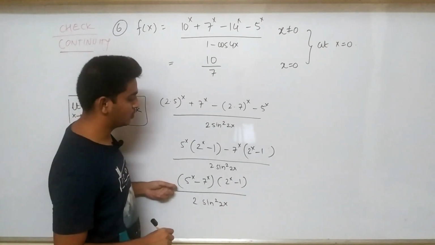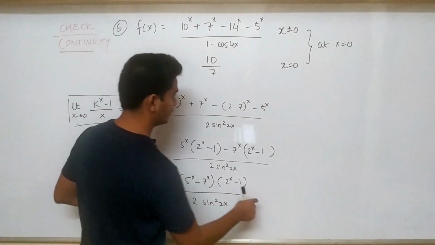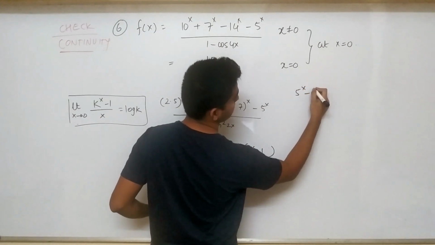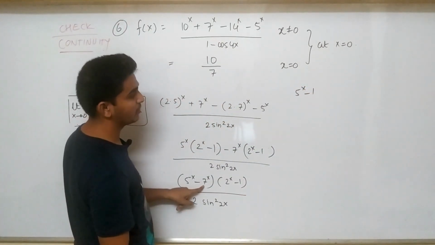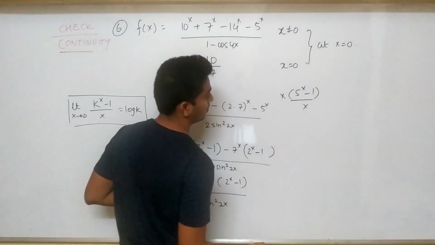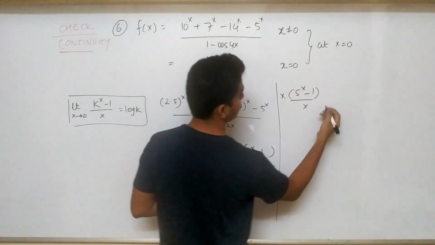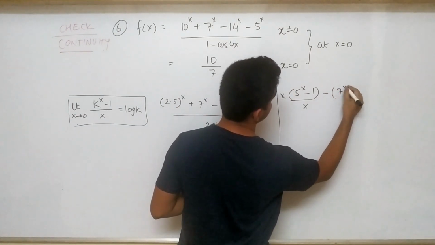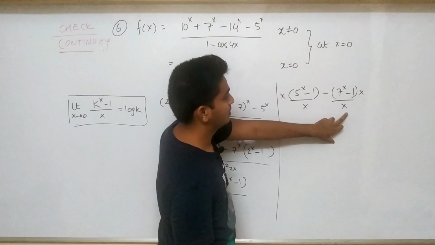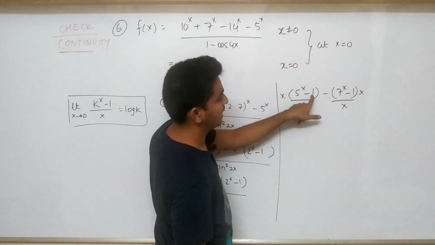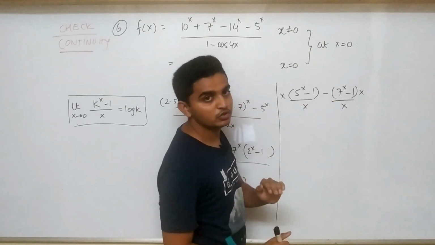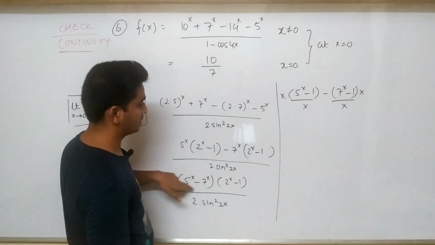Okay, so we'll apply this over here and try to simplify all the terms. So what we have is 5 raised to x; we can subtract 1, and if we add 1 we have to take the minus sign common. So 5 raised to x minus 1, divide and multiply it by x. Now if you take the minus sign, you will get 7 raised to x minus 1, everything divided by x and multiplied by x. So if you simplify this, you can cancel out x, you have minus 1, then a minus sign, and then you get the plus 1 over here. So minus 1 and plus 1 make no difference to it. So these terms we have got.